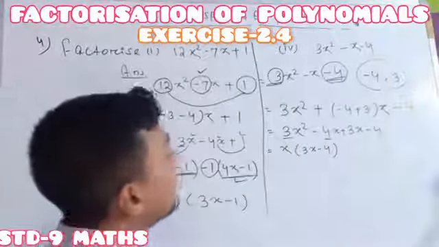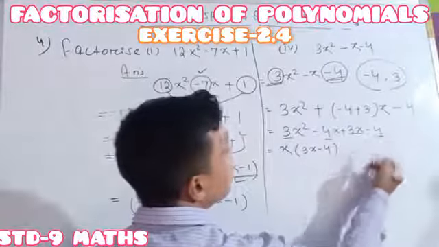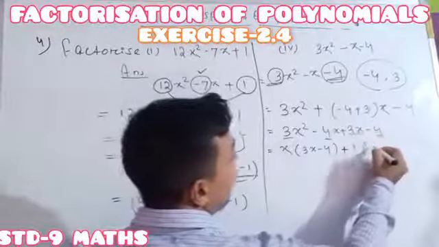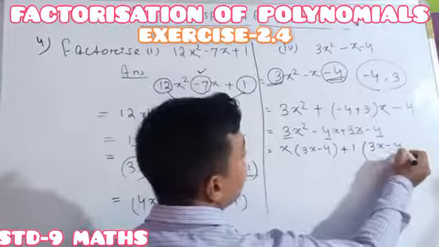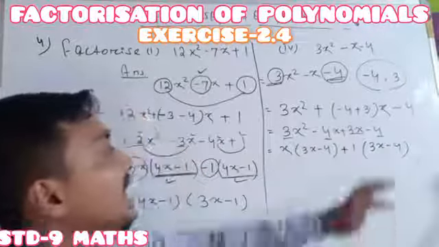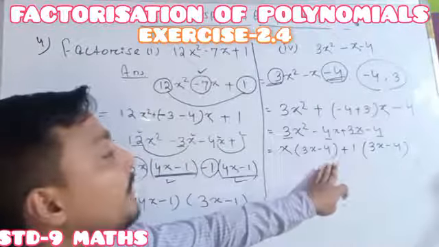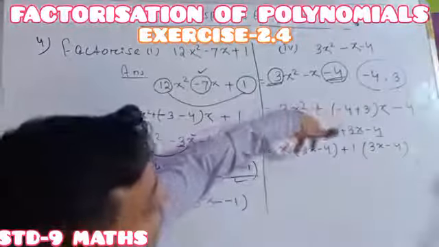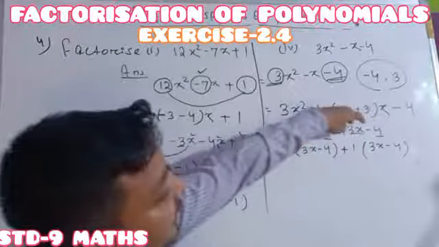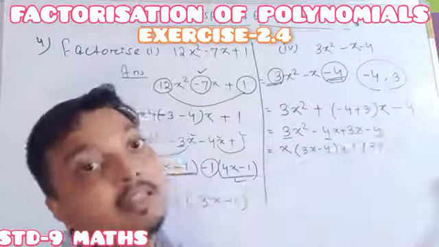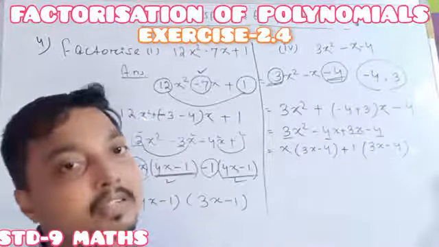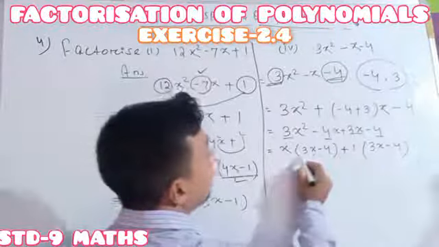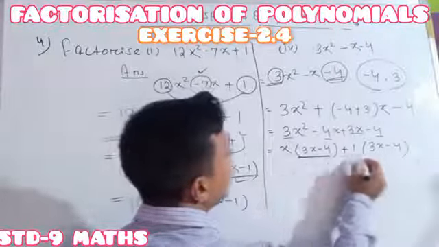Understood? Here it is already 3x, and here it is minus 4. So for 100%, anything I have to take. So 1 I have to take such that 3x minus 4 I have to take as the common. Actually, the 4 terms I must reduce, otherwise minimize, into 2 terms. So from the 2, anything I have to take as the common. Here also, from the 2, anything I must take as the common. It may be 1, otherwise anything. So here the 4 terms have been reduced to 2 terms. Here it is 1, here it is 1.